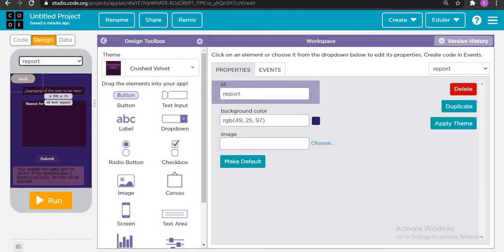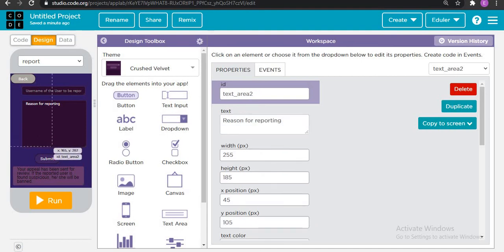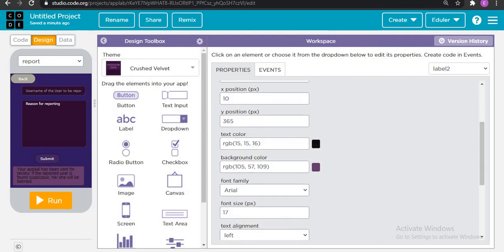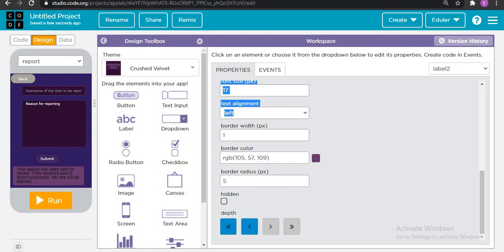Then it will redirect them to the screen with a back button, text input, text area, one button of submit and one label, and this would be hidden. You just have to hide this button by setting hidden. You can do this, or you can mention it in the code. That really doesn't matter.